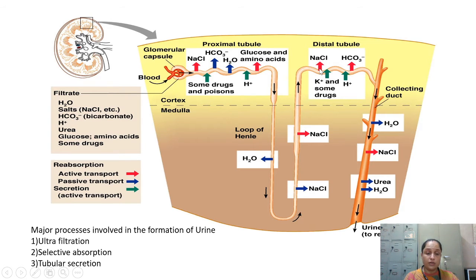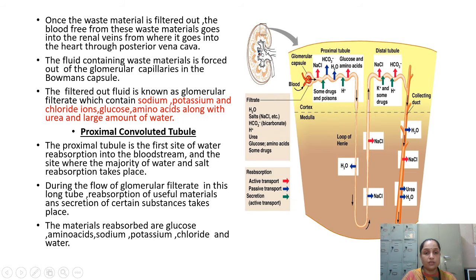Then we will move to the distal convoluted tubule, that is DCT. DCT is also going to release some NaCl and bicarbonate into the renal circulation. Then afterwards there is no reabsorption. There will be simple tubular secretion. Tubes are going to secrete the excretory product, and this process will be known as tubular secretion, in which water, salt, urea are going to be removed from the body in the form of urine. So this is the detailed version. Okay, so let's proceed further.